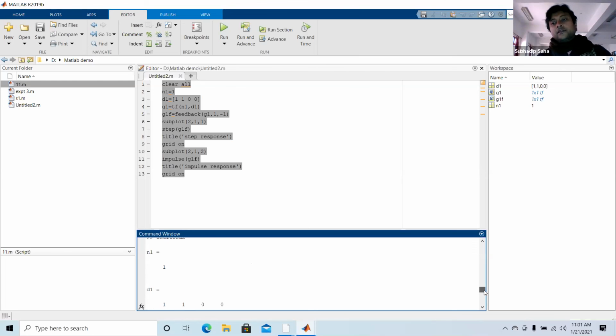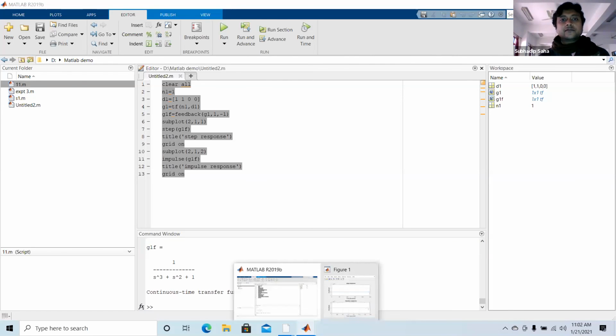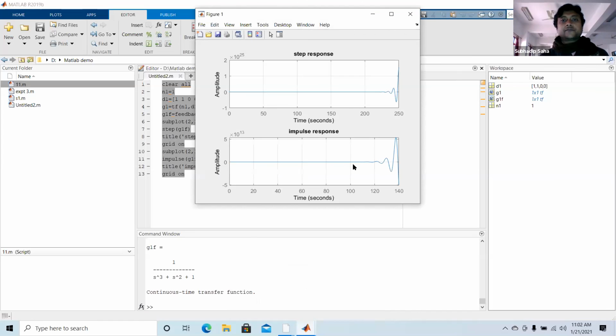In the bottom portion you see n1 equals 1, then d1 equals 1 1 0 0, g1 equals 1 by s cubed plus s squared, as we have already seen on the board. This is a continuous-time transfer function. Then g1f equals 1 by s cubed plus s squared plus 1. And after that the diagram comes out. The diagram is like this.